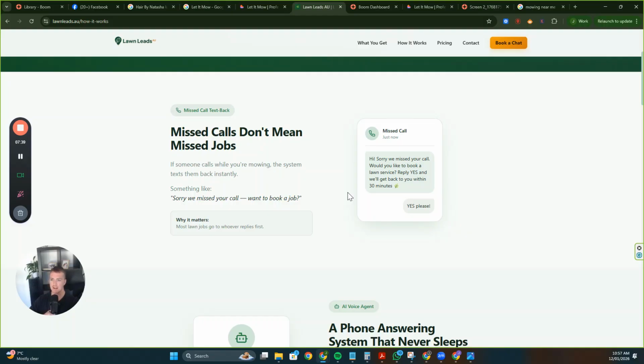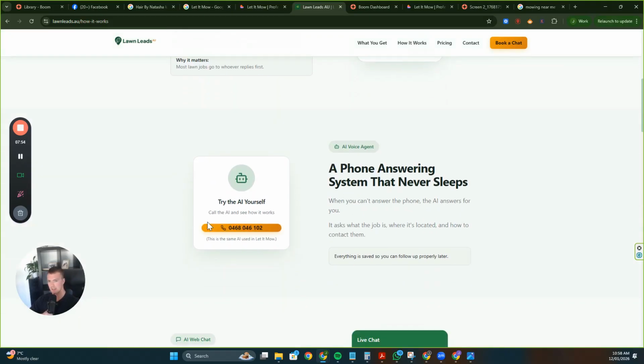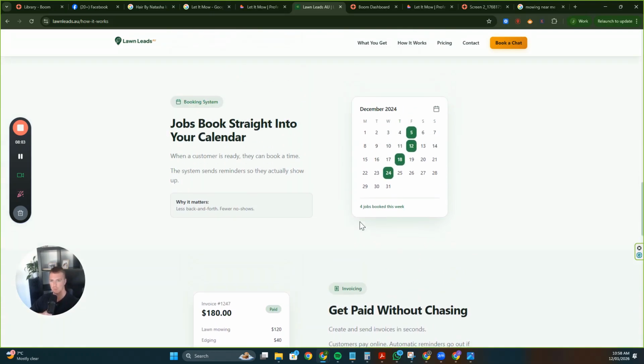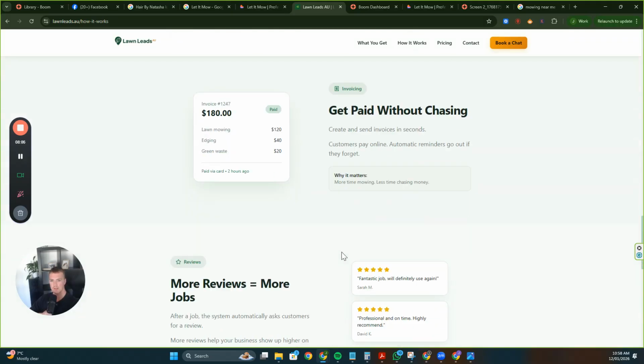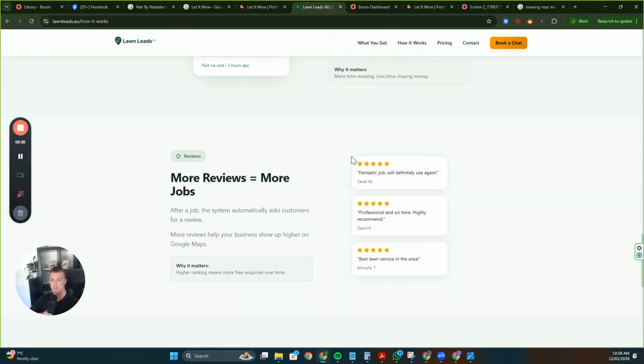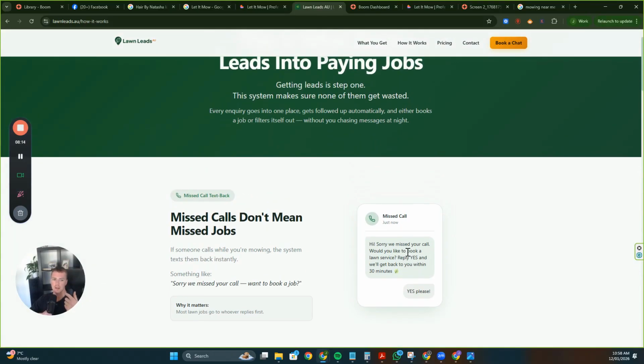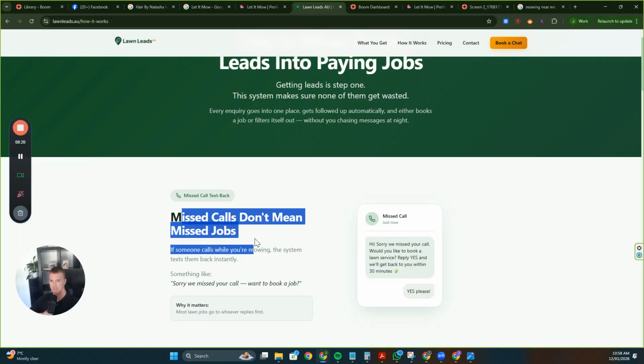If you had an AI SMS answering system that had a back and forth conversation with that customer, asking questions, maybe even quoting them, whatever you want, it keeps them warm and you can book the job. This has a 60% recovery system. And then I've got the same thing with an AI voice agent, web chat, Facebook, Instagram, WhatsApp, all AI conversations. Now, this system also offers job bookings and invoice and payment systems and review management as well. It has an app. You can do it all on your phone, and you can take card payment on your phone. You can do this and that. There's so much in here, but I just want to stress the missed call text back because that is your big